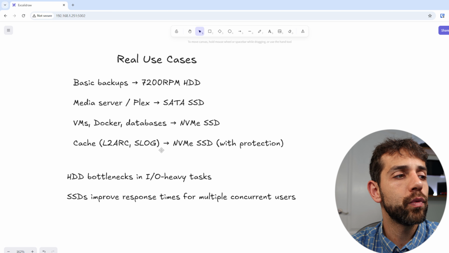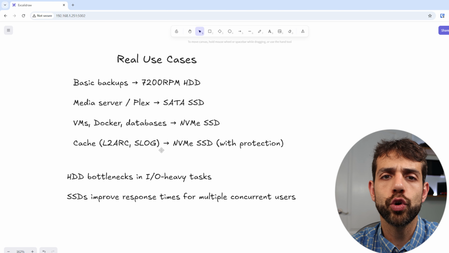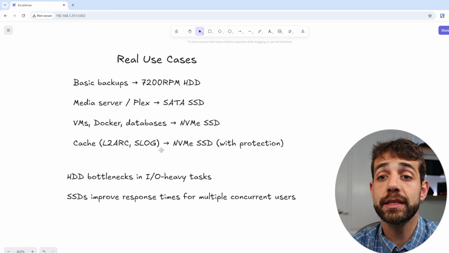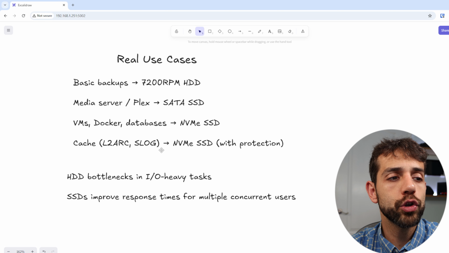So with a hard drive, the bottleneck will be if you want to use random information, lots of different uses, accessing different things, this will be a big difference for you. If you want to have a lot of users